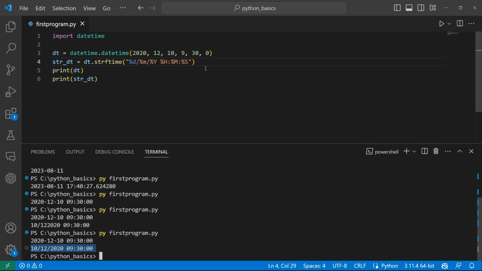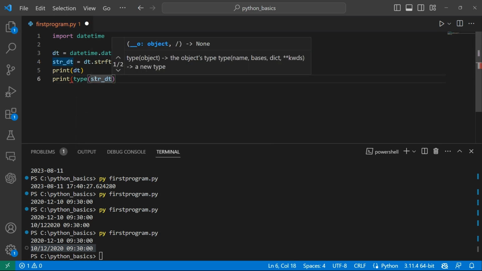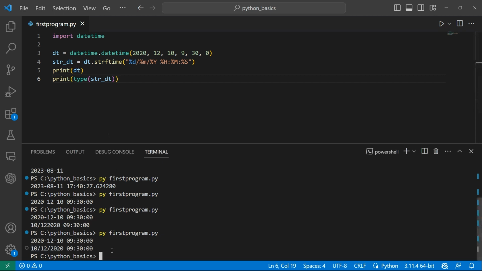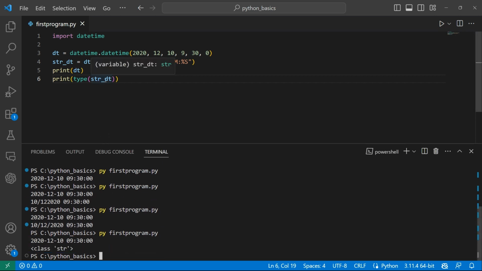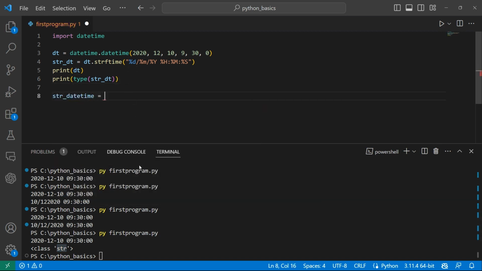There is another function which allows to convert the string into date, but before that, let's verify if this is really converted into a string type. I'll use the function type to see the type of the str_dt variable. So yeah, this is converted to a string. Now let me take another variable, string datetime, equals, I'll simply copy this. Now I want to convert this into a datetime object. I'll store it in the same variable dt